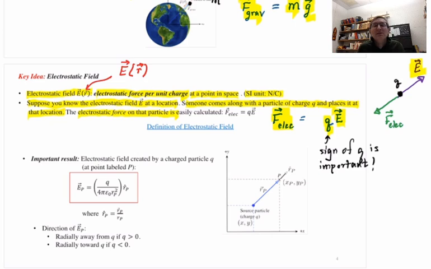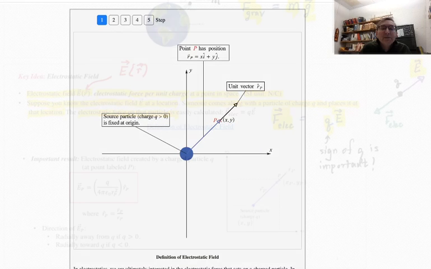I'm going to use a Wiley Plus simulation to talk us through the definition of electrostatic field, how we think about it. And then the rest of this video will be about practicing with that, and then we'll be practicing in class. So let me go to the Wiley Plus picture,